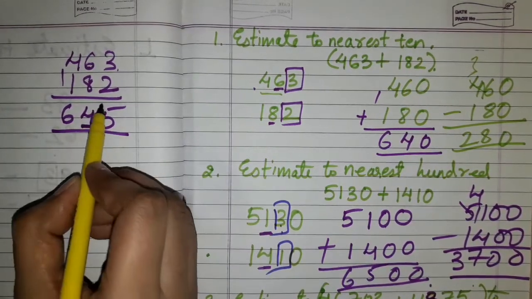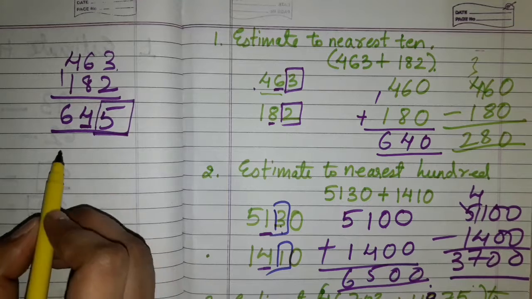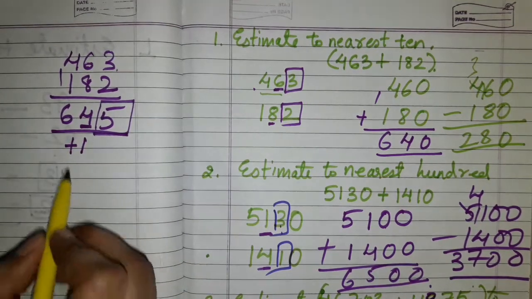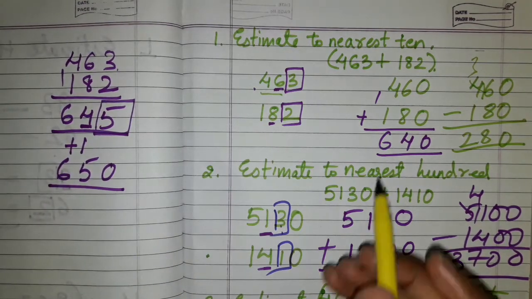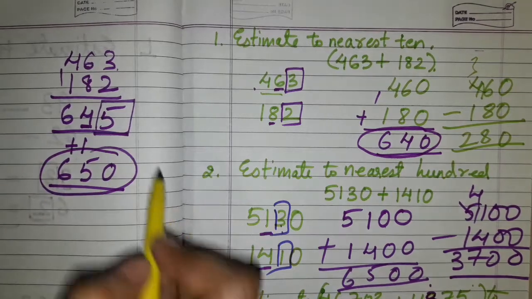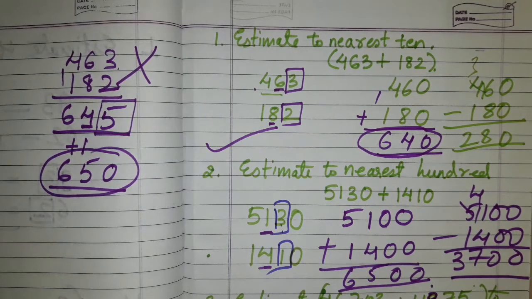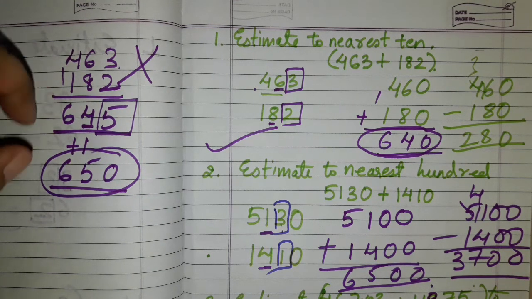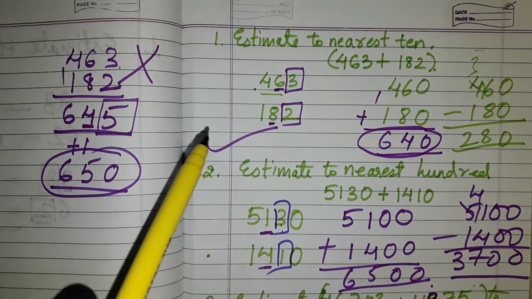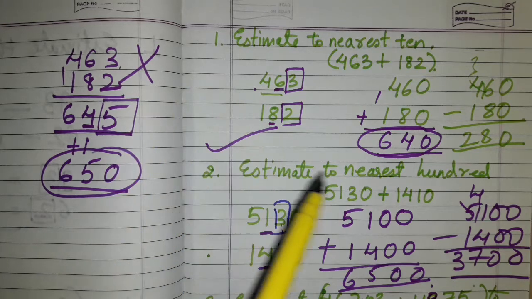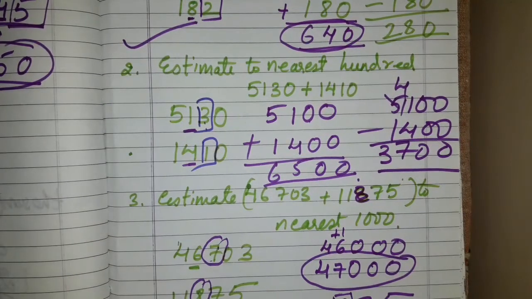That means this place. So we will look at the digit which is on the right hand side. It is 5, and the rule is what? If it is 5, it will give plus 1 to the digit on the place value. So this will become 5, this will become 0, and this will remain the same. Can you see the difference? So this method is totally wrong, this method is correct. If you take out the sum first and then round off the answer, it will give you a wrong answer. Follow this method where you individually round off every number and then finally take out the sum or the difference, whatever they have asked you to do.